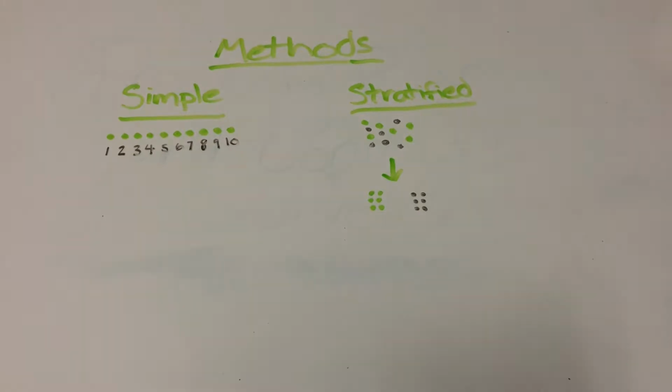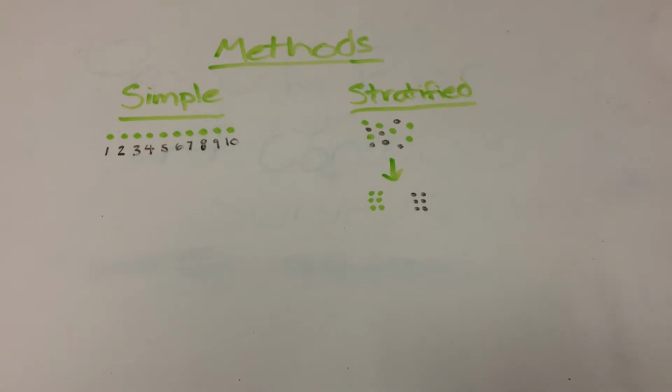and 4. Another method is the stratified random sample, which is similar to the simple random sample. However, before choosing individuals, the population is divided into homogeneous groups. For example, a male and a female group. A simple random sample is then chosen from each group. So as you can see on the board, we have our population of 6 black and 6 green, and we split them up into 2 homogeneous groups of 6 green and 6 black, and then a simple random sample is